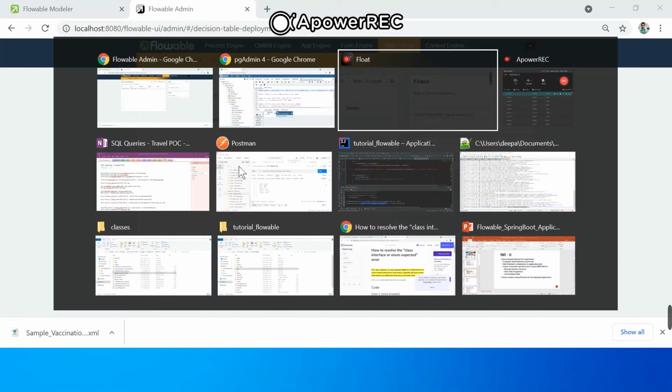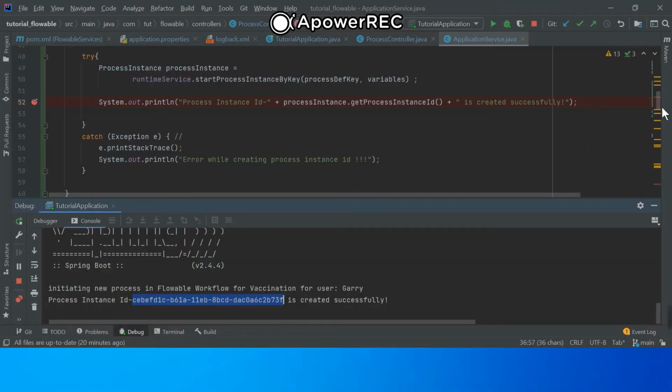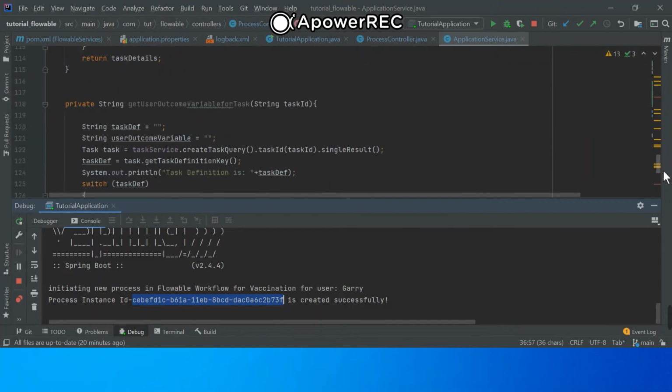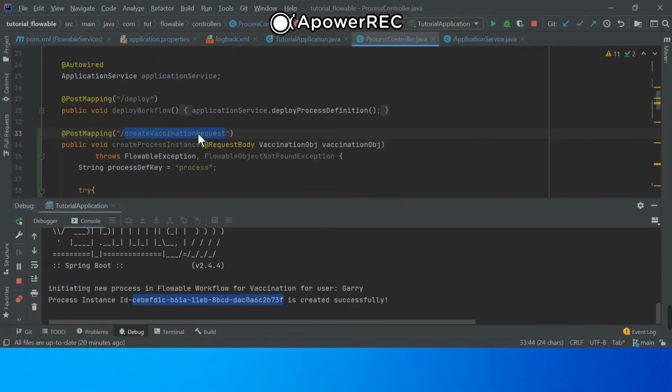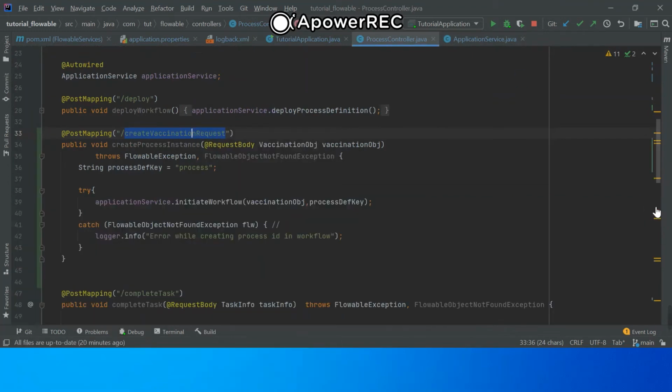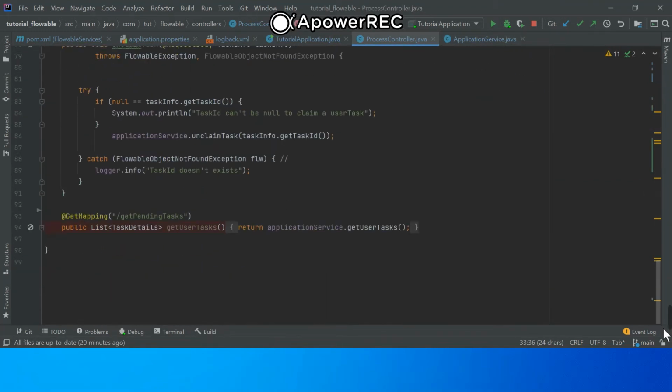After that, we can check how to get the active user task. In the process controller, we have another REST API written, which is get pending task. It's a GetMapping.